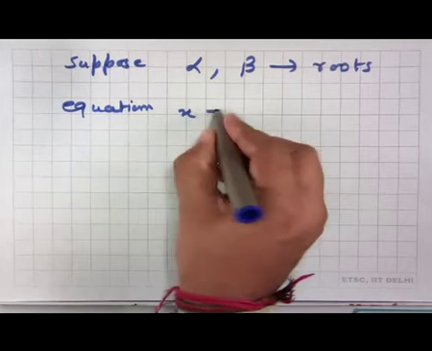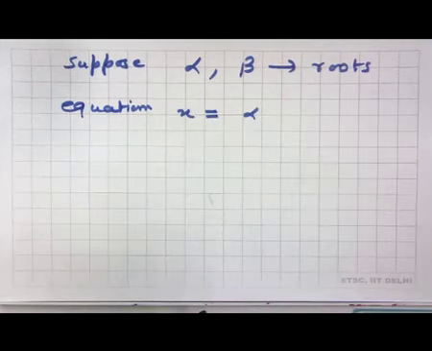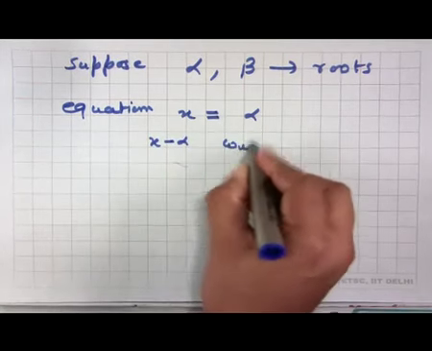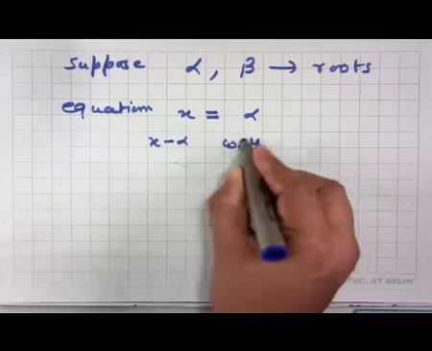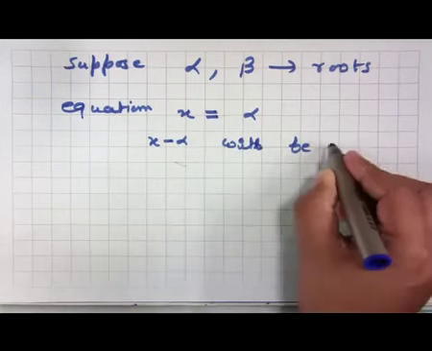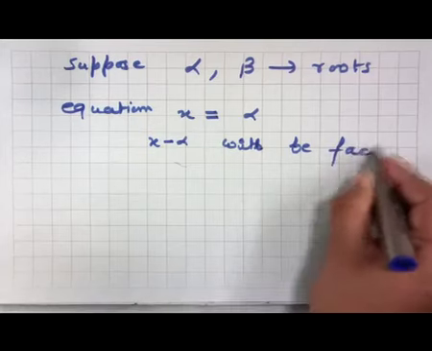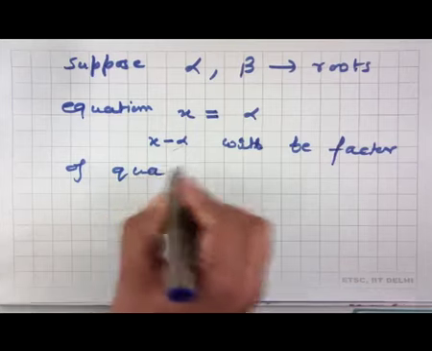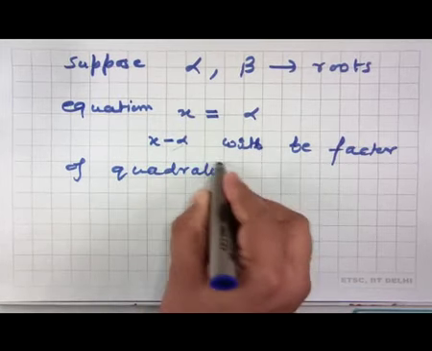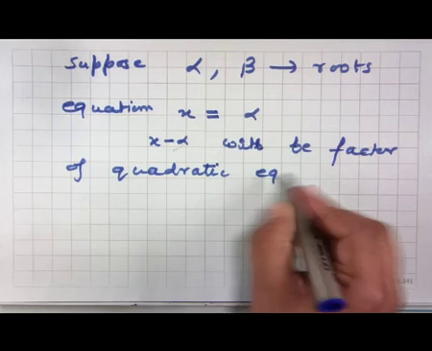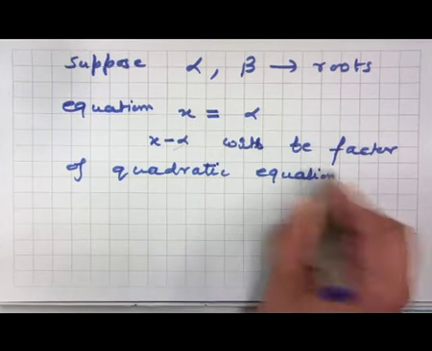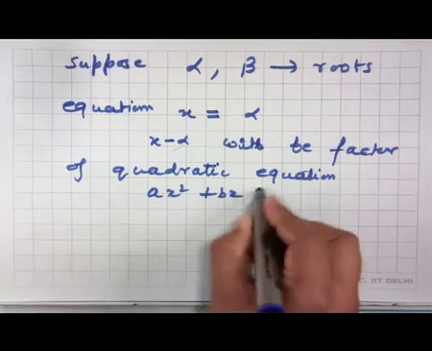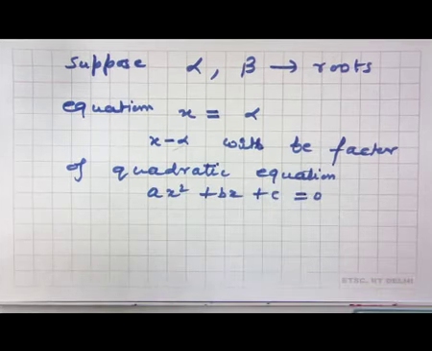So, x equal alpha will satisfy the quadratic equation, and x minus alpha will be a factor of the quadratic equation